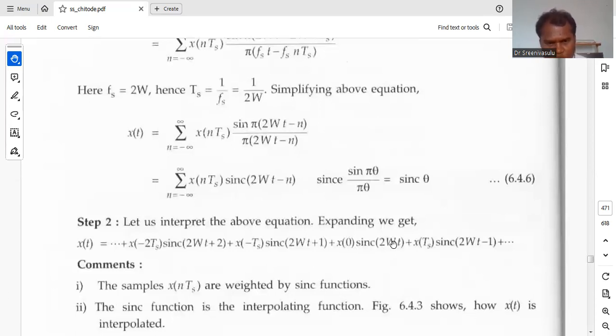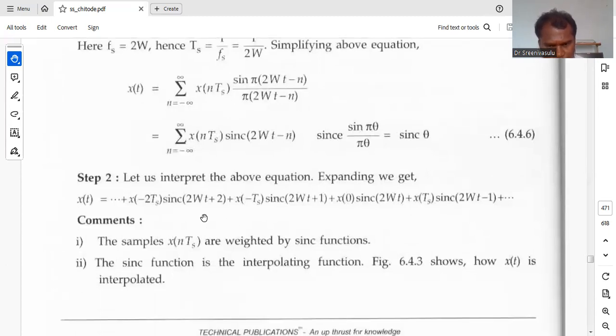Whenever n increases, the sinc pulses are delayed at n equal to 1, n equal to 2, n equal to 3, and for n equal to minus 1 they are advanced, n equal to minus 2, n equal to minus 3. So, for example, if we substitute different values of n, first of all, whenever n equal to 0,